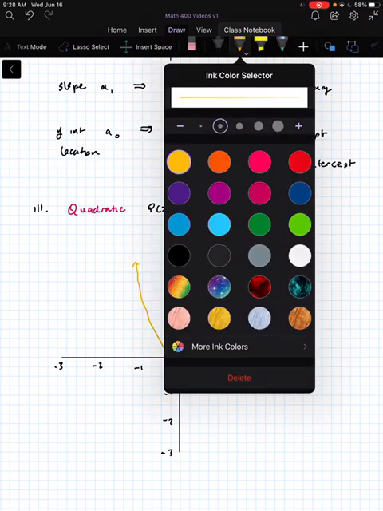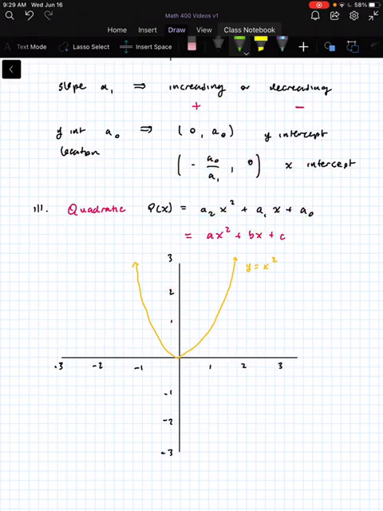We also have something like this parabola, which can be written as y equals one half times x plus 1 squared